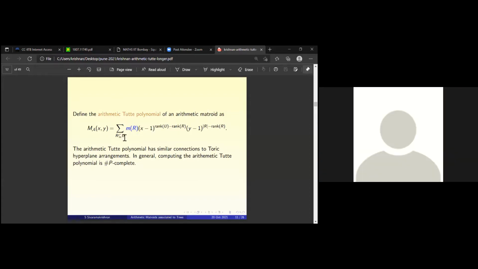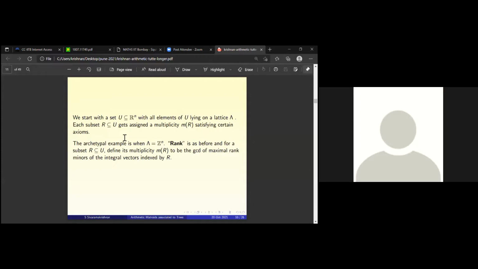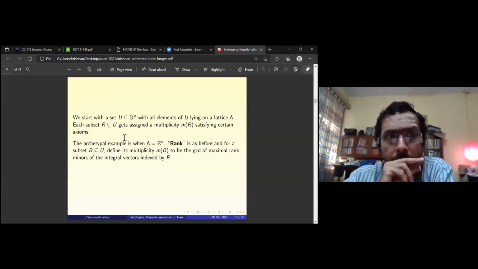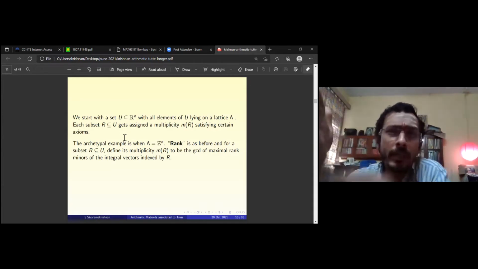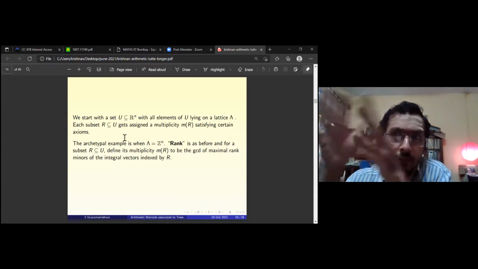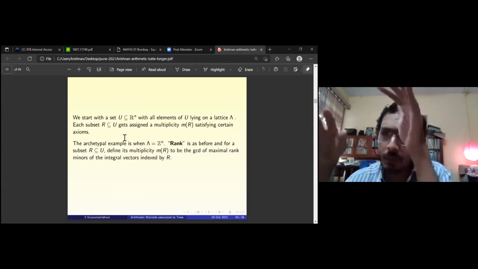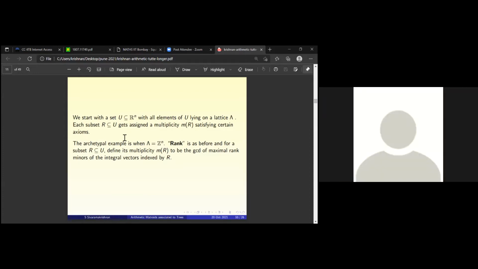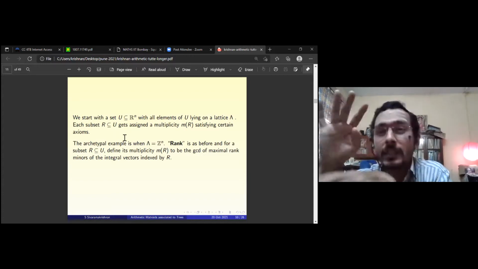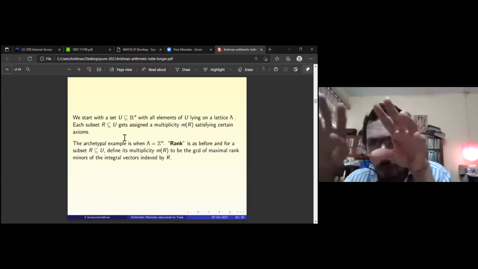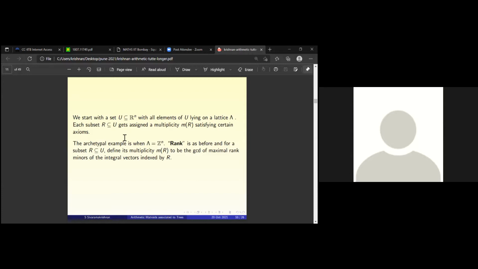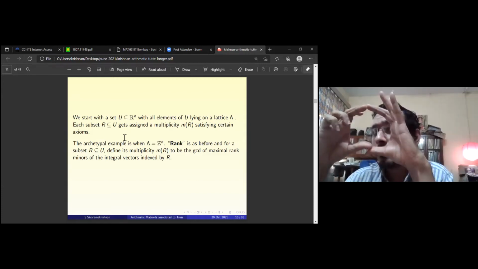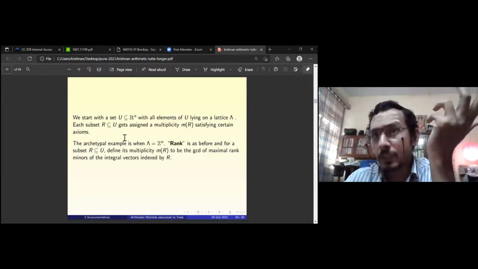Again, the previous page, maximal rank minors. Now, if you take minors, what do you mean by maximal rank minors? Minors are a determinant of some subset of rows and columns. You look at maximal rank minors. So suppose the rank is maximal. Now that means there is some minor which is non-zero. There may be several minors which are non-zero, which are of that same dimension.